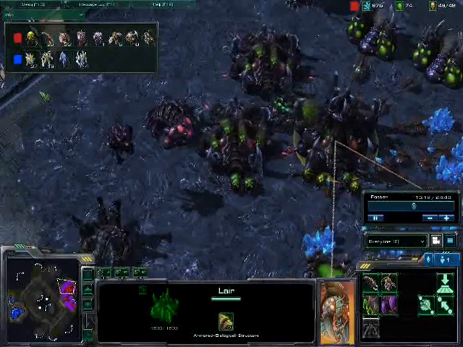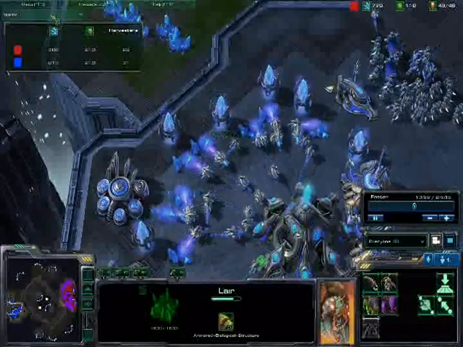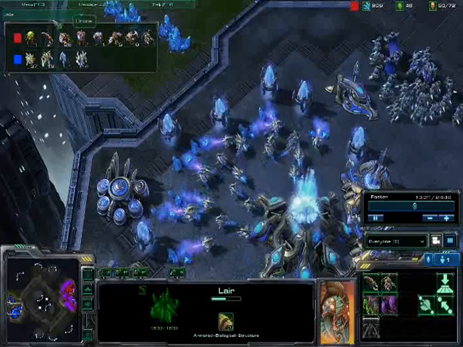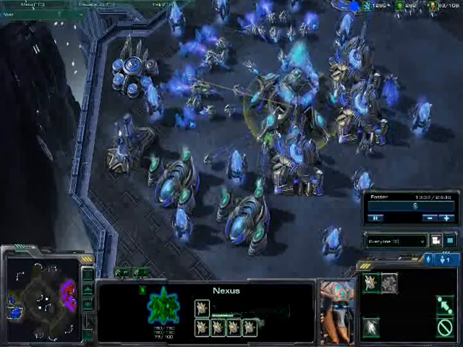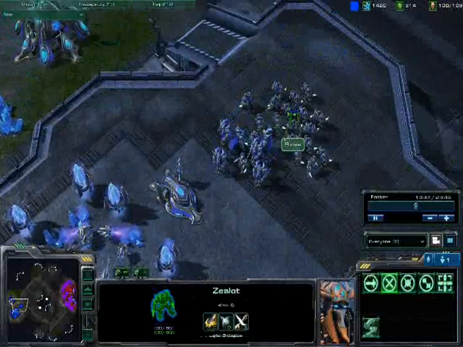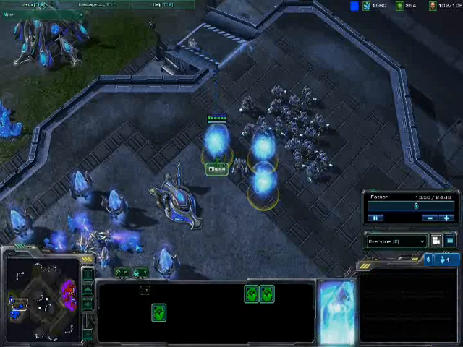If you look at the economy now, income-wise, he's still dominating me in the economy. This chrono boost for the Protoss is just such a powerful ability. So far, it's allowed him to get 37 probes to my 26, and he just keeps spamming away that chrono boost. Look how quickly those probes come out of there. His gateways are pumping zealots out. He's a huge fan of these zealot rushes, and he's got... Oh, there it comes. He is forming them into